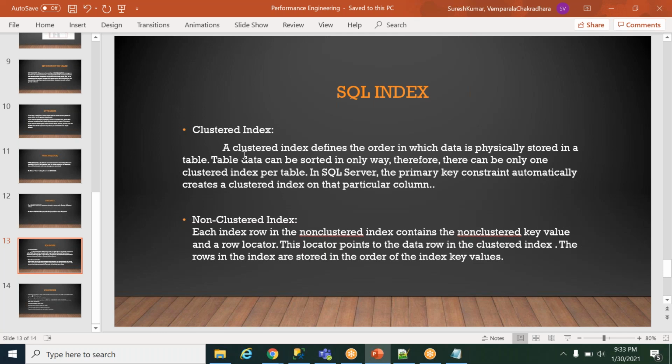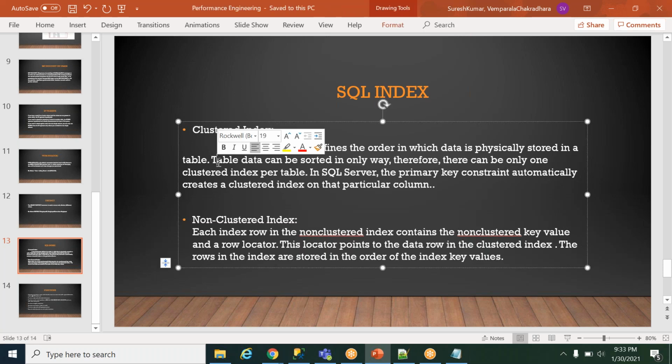The clustered index defines the order in which data is physically stored in a table. Table data can be stored in only one way, therefore there can be only one clustered index per table. When you create a primary key, what is the meaning of primary key?